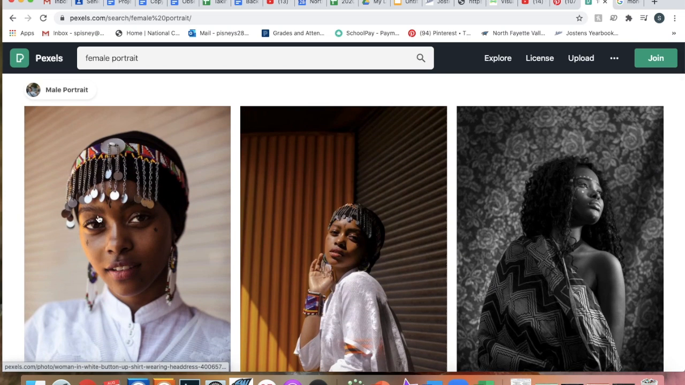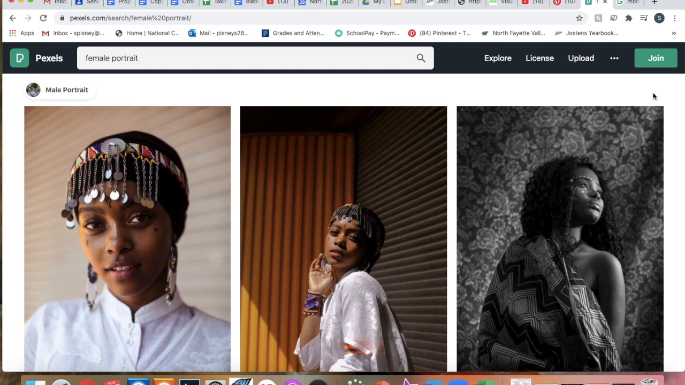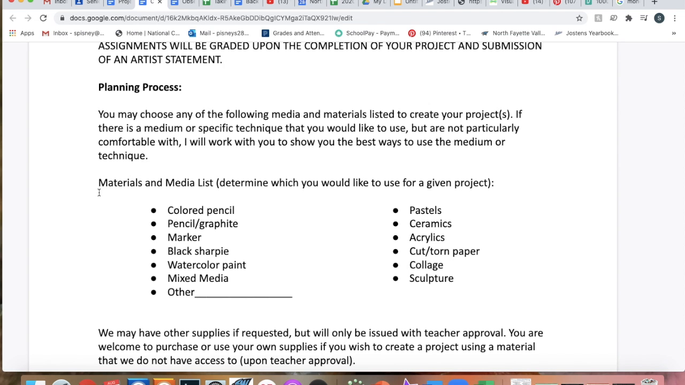I actually liked the first image there of the girl with the chains. So I can click on it, free download, and it'll download right to your computer so that you have access to it whenever you need it and you don't have to keep trying to find that image on the internet. So now I have an idea of the style of painting I want to create, as well as I have my own